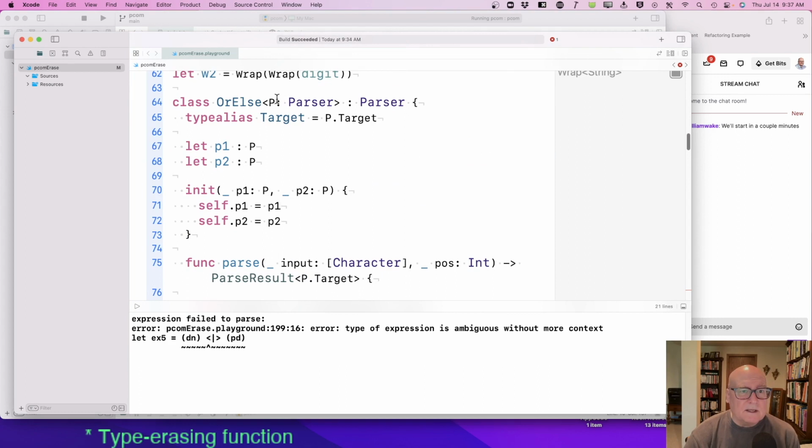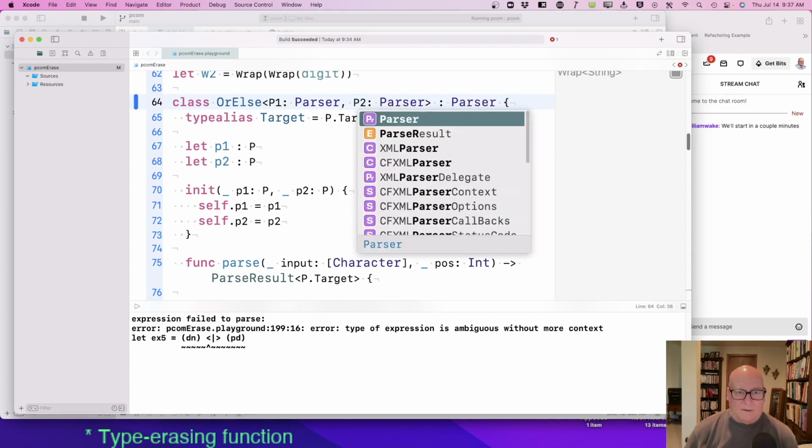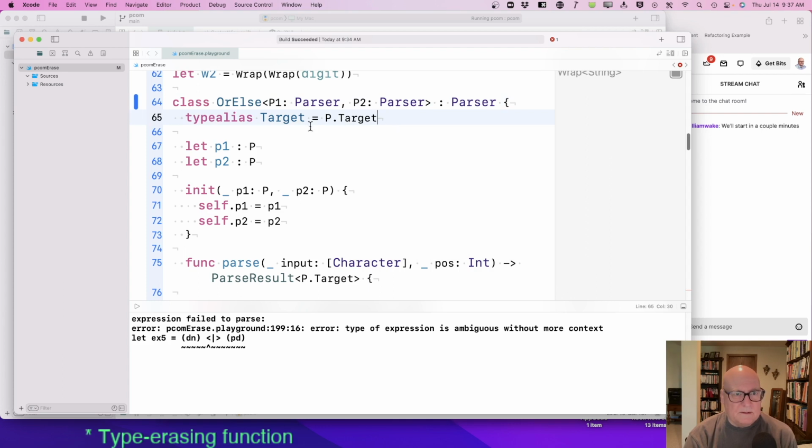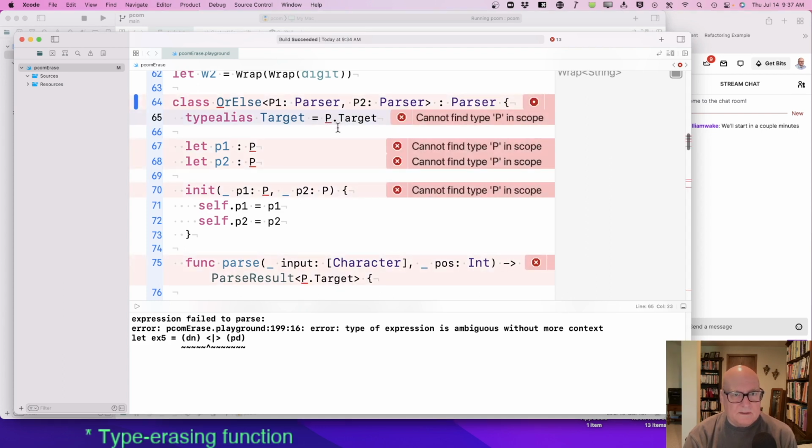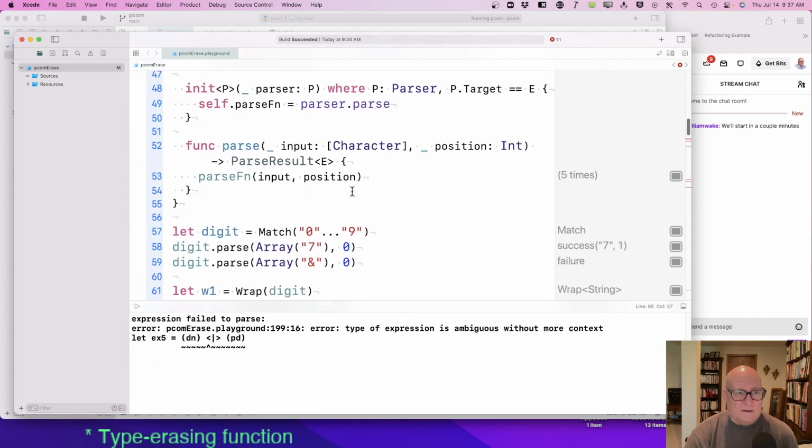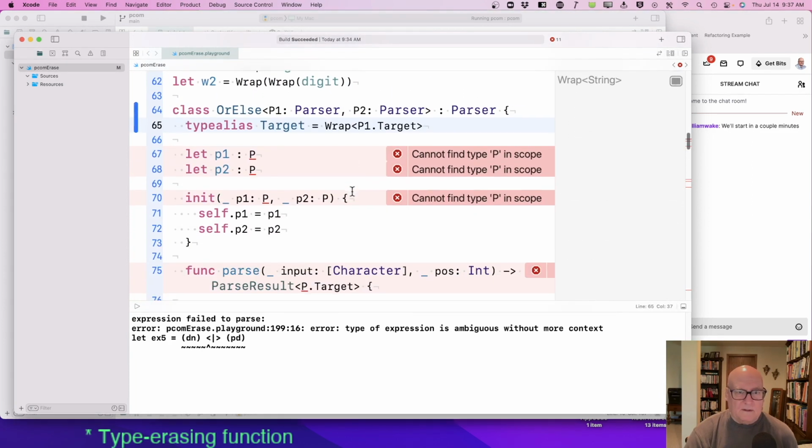Okay, I'm going to say, what if OrElse takes a P1 and a P2, and produces a parser. The target is P1 dot target. I think it's going to be a wrap of P1 dot target. Is that legit? Wrap of E. Okay.